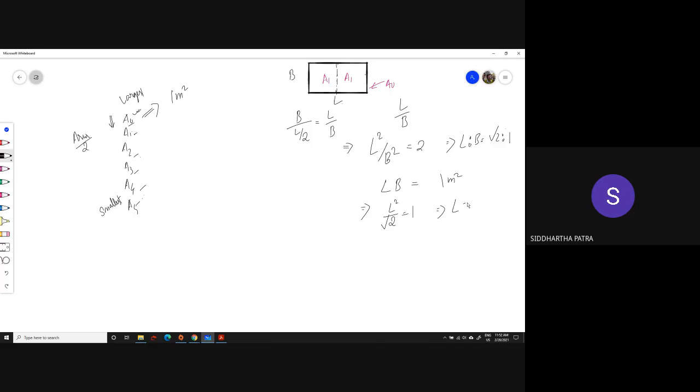That implies L is 2 to the power 1/4, which turns out to be about 1.189 meter. And if I divide that by root 2, B equals about